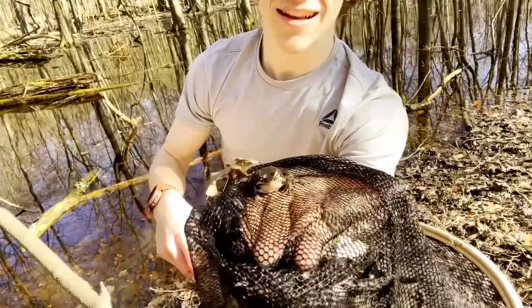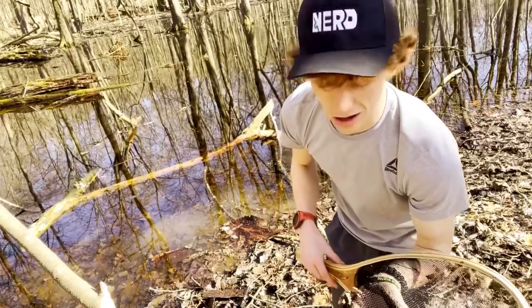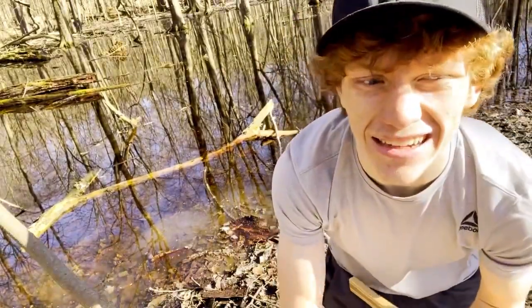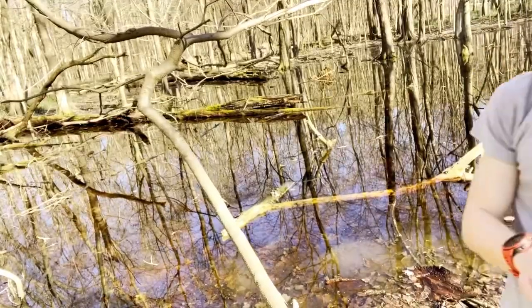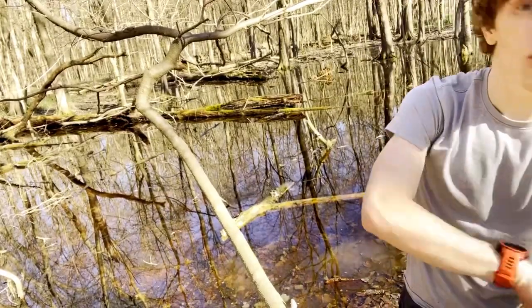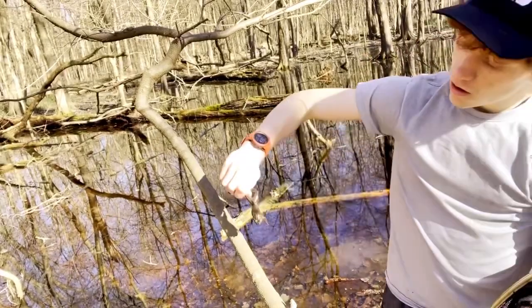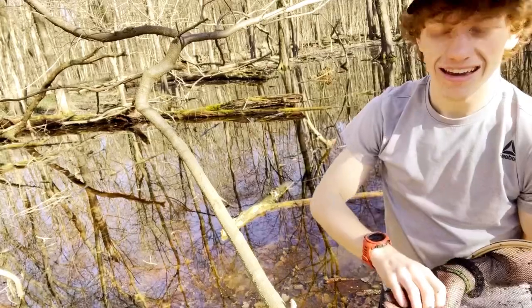Alright, so now let's hop into the third category of arboreal frogs. And I'll actually use a wood frog for this because I haven't found any arboreal frogs out here. Alright, so arboreal frogs. This is not going to be the best representation because I am using a wood frog because that's the only frog I have available. But the best time to catch them is actually...